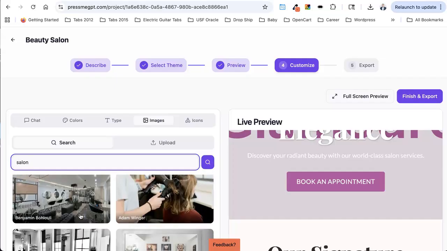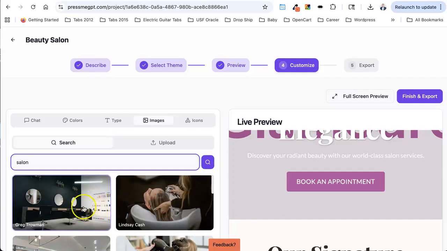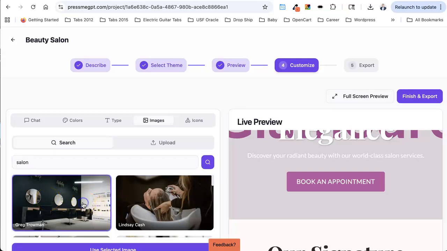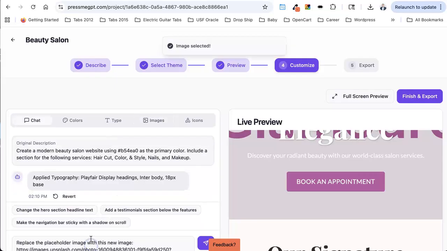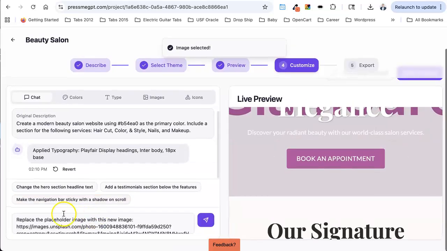See what we find. All right, this is pretty good. Let's just go ahead, it's kind of a cool picture here. Let's go ahead and use this one. So let's use the selected image here, and then